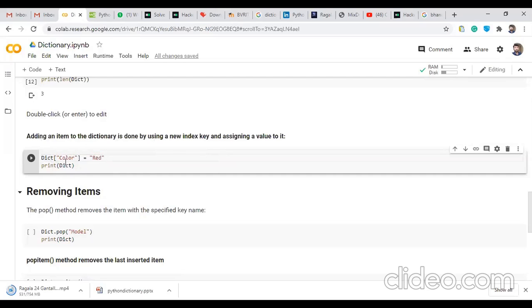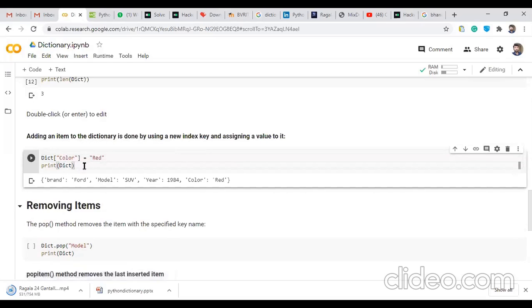Now you want to add a new value red. Where you want to add, there is a new index key, color. After that, you are trying to display the values. Now see the dictionary along with the existing brand, model, and year. There is a new index key color added for the respective value red.